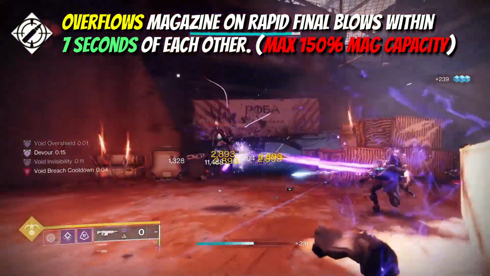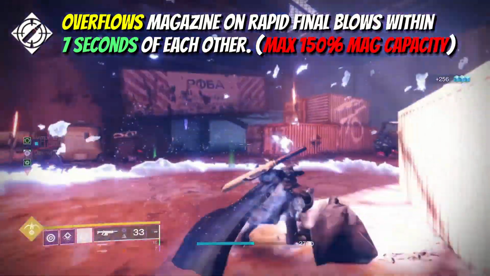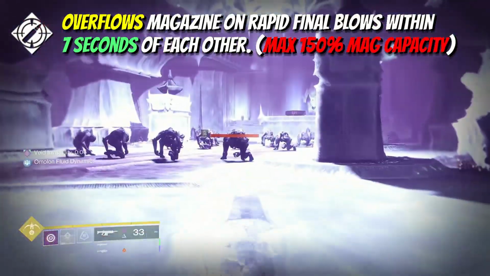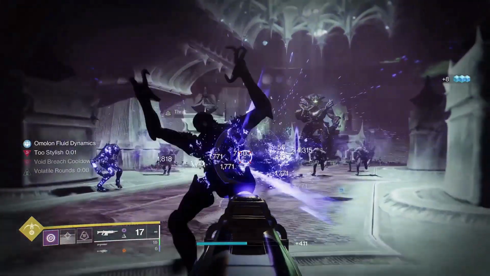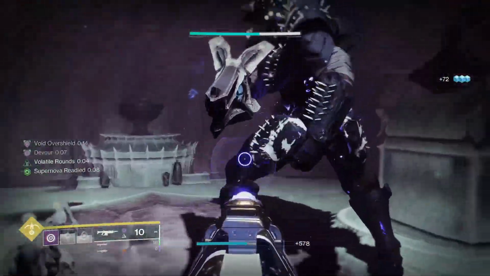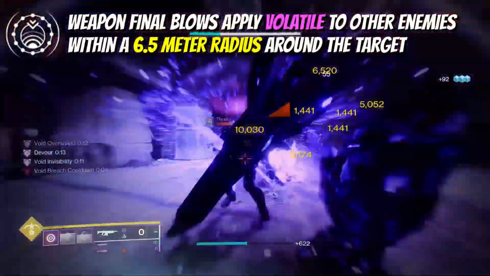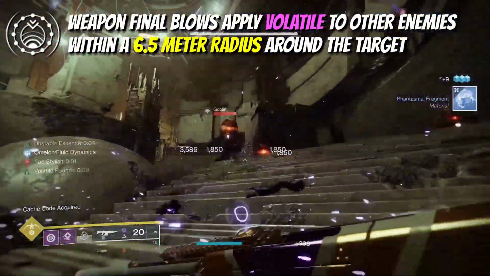This will overflow the magazine by up to a maximum of 150%, which can give you way over 60 plus rounds in the magazine consistently, especially if you're making use of the main perk that you need to be farming for. You'll always be getting a metric ton of multi-kills if you manage to bag one with Destabilizing Rounds. It is arguably the best Void perk in the game, and paired with the hard-hitting nature of this weapon, it's